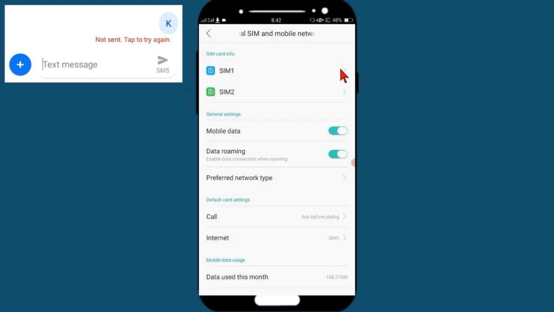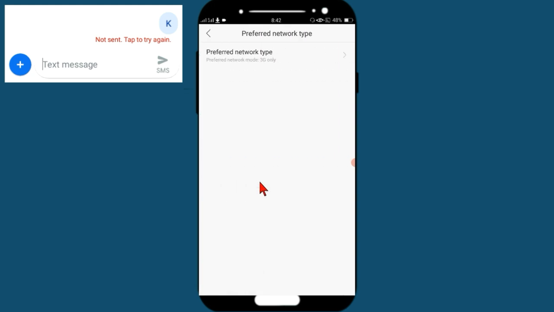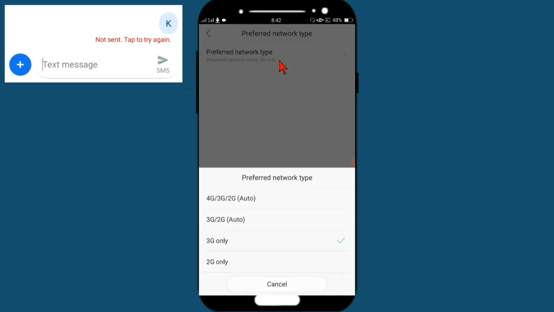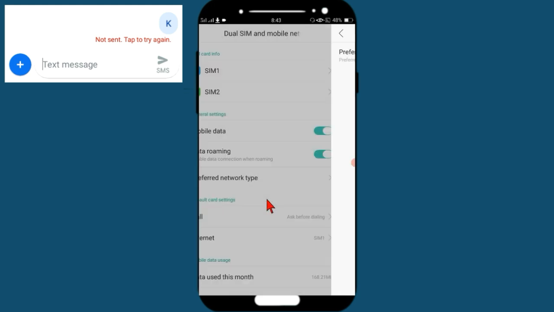Now go back. Click on preferred network type. Click again on preferred network type. Now choose 4G, 3G, 2G or 2G. Now go back